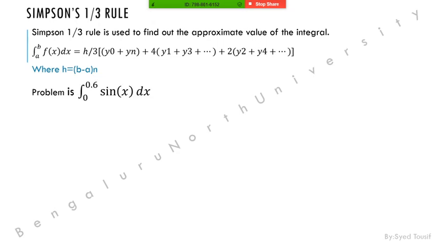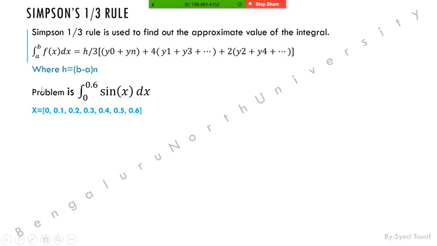And now we are going to check one simple problem: the integration with lower limit 0 and upper limit 0.6, and it is clearly saying that 6 intervals are there, of sin x dx. So we are going to calculate a curve like sin x, meaning how the value moves in a curve, with 6 intervals.